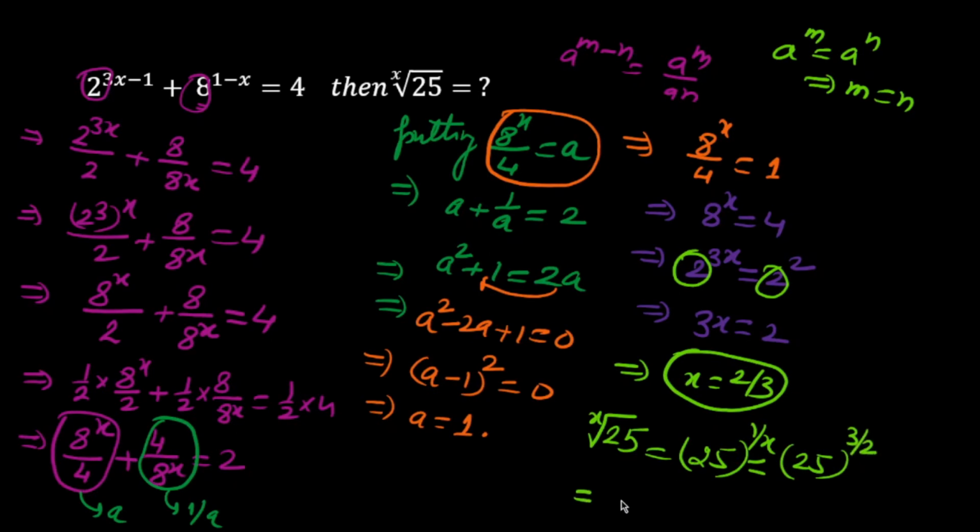This will become 5 power 2 power 3 by 2. Again applying the power rule, we will get 3 by 2. This means 5 power 3 is equal to 125. So we have concluded that the value of this will become